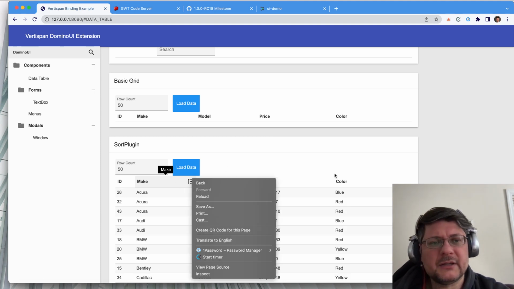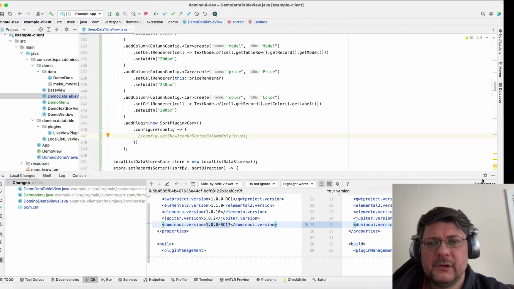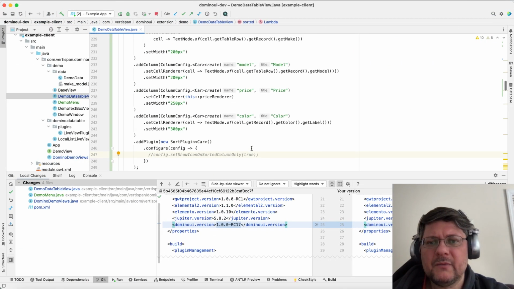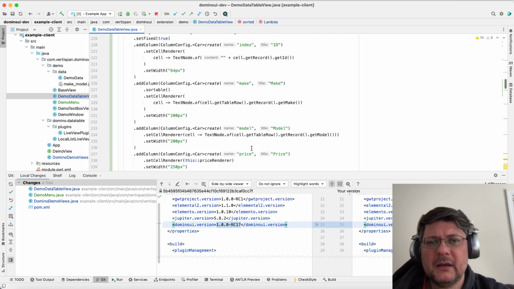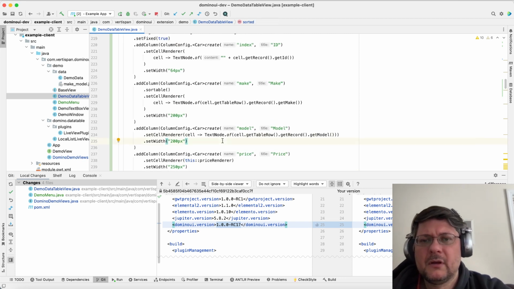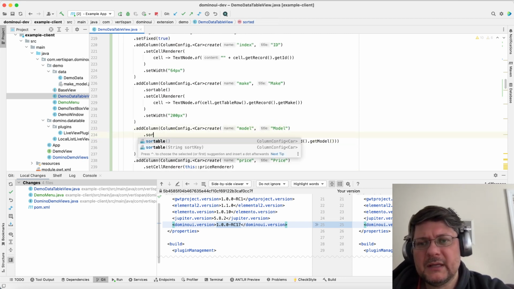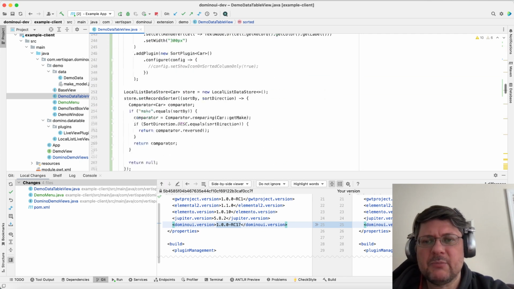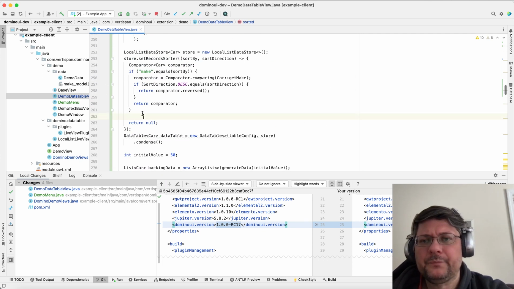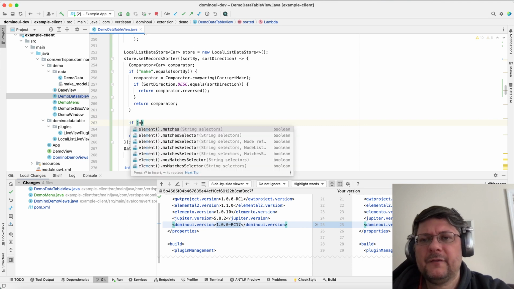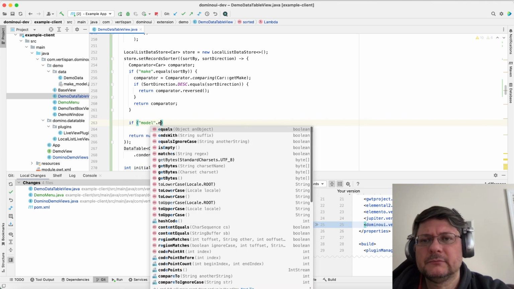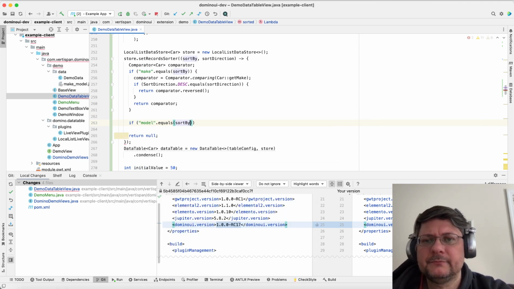That's a styling issue. But I removed that, and I want to make another column sortable so that we can see that. So this is the model. If model equals sort by,